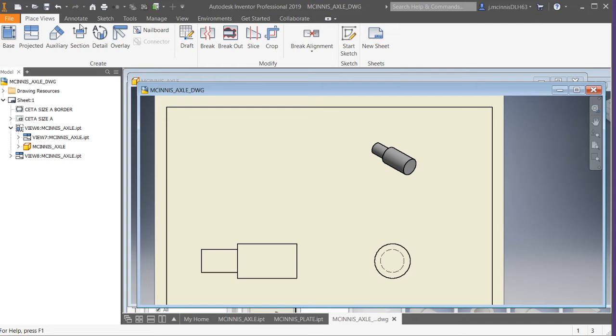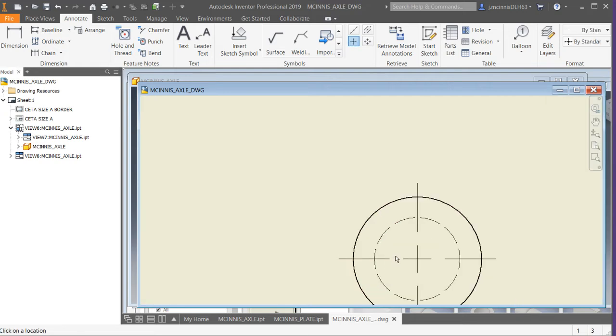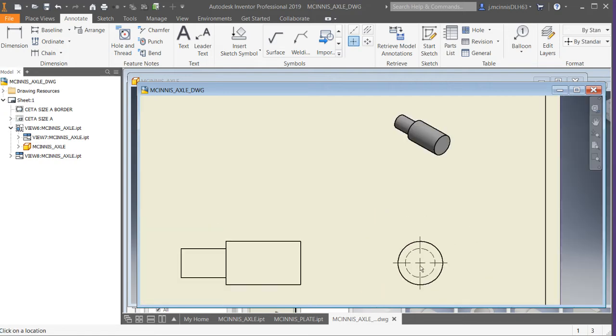Last thing is some annotations. You have an annotate piece of your ribbon up here, and circles get center marks. It also shows us that both circles are centered at the same spot because I can see that those are concentric. Circular features in their rectangular view get center lines. So I'm going to click these two and